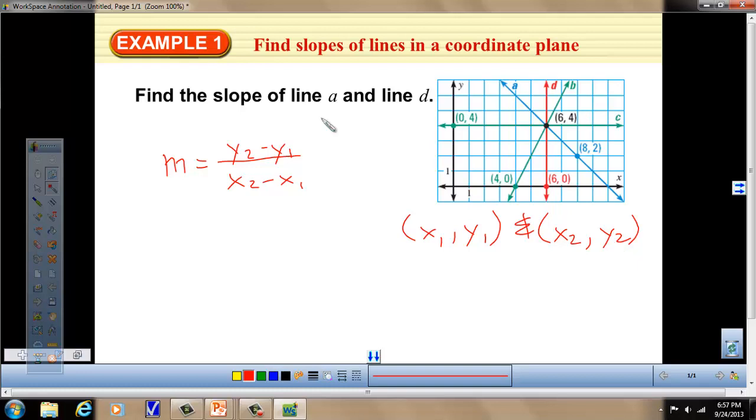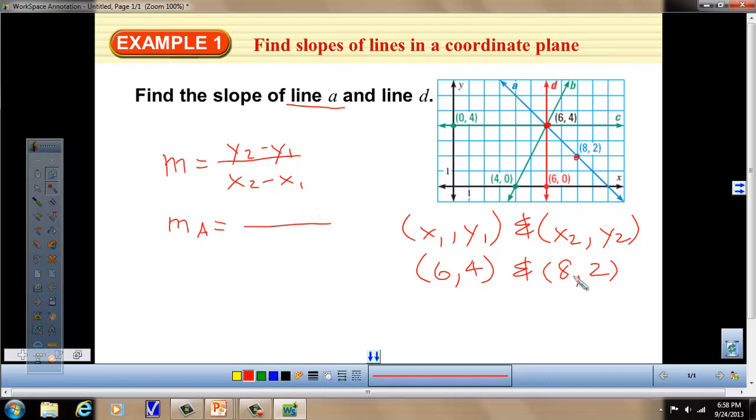Okay, so in this case, if we're finding the slope of line A, it has 2 points on it. It has 6, 4 and 8, 2. So the 2 points we're dealing with are 6, 4 and 8, 2. So to find the slope for A,